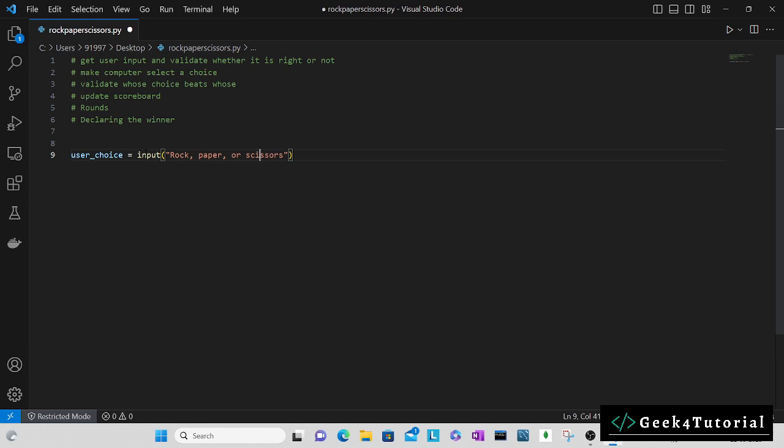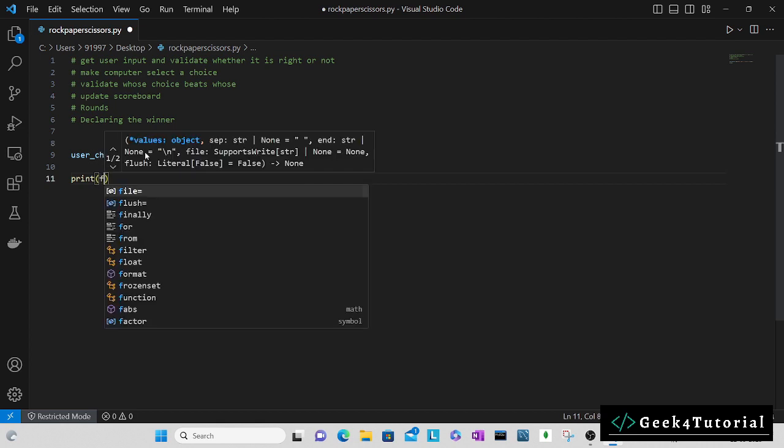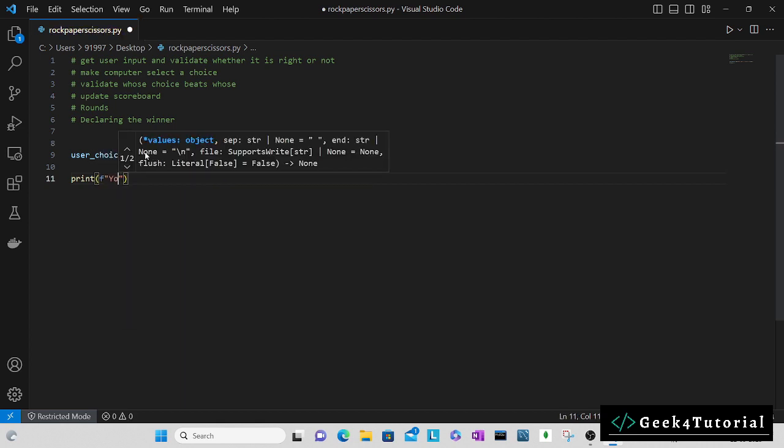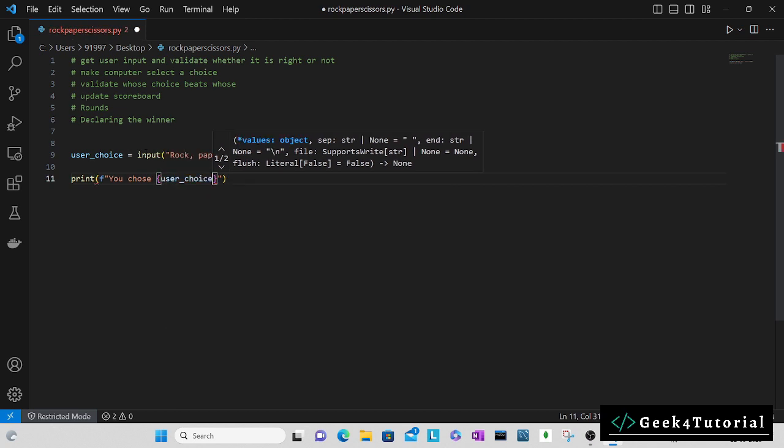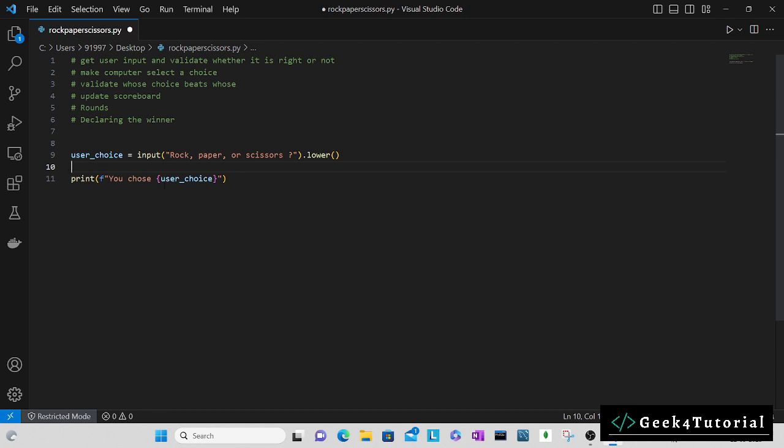Key and the dot lower. So we got user choice. Let's print it with an f-string: you choose, user choice. So we got our user choice and we are printing it to the terminal, and we have to validate it,